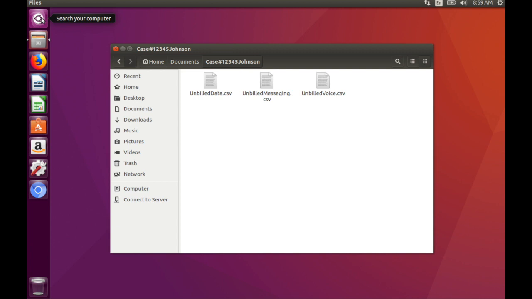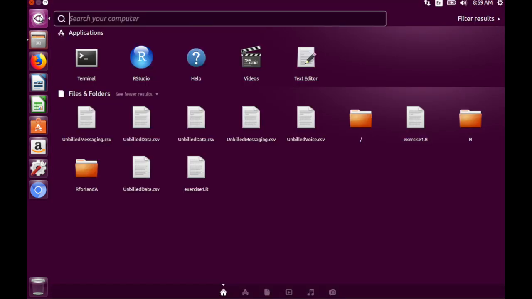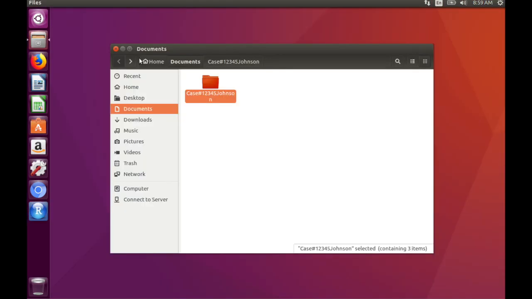Now let's go over to our investigative machine, which we learned how to set up in the introductory video. We have 3 files saved as CSV files. CSV stands for comma-separated value. We've saved them in a folder that we created just for this case. And now we're going to want to launch RStudio, or R console if you're roughing it, so we can begin